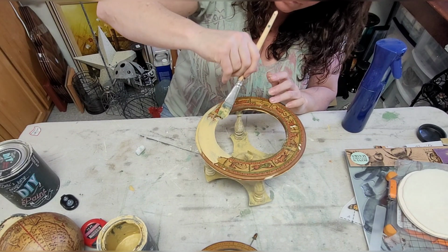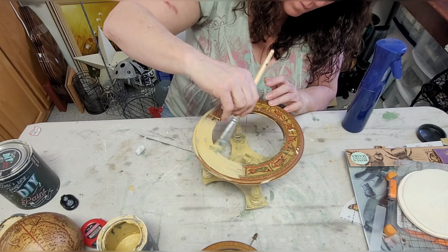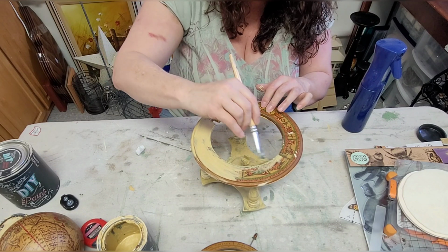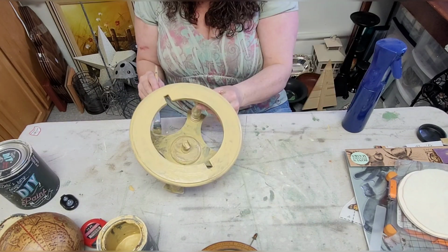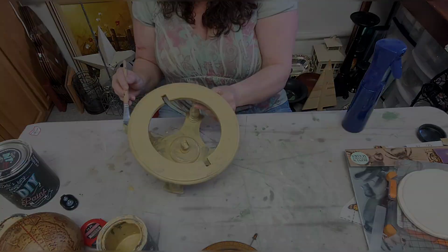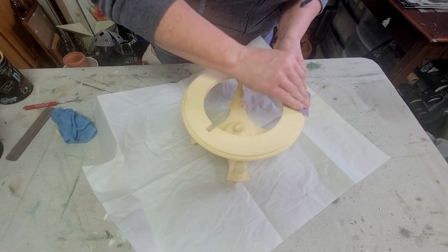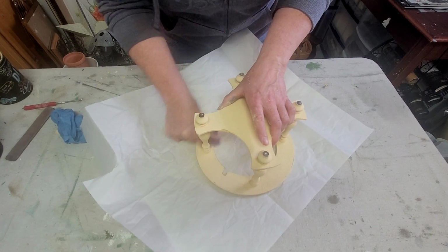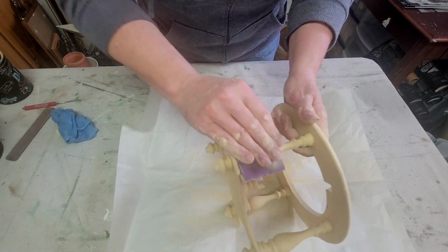So I decided to paint the base and the piece that holds the globe, and I'm using DIY's cake batter. I did have to go over this with 3 good even coats of paint. I'm thinking because it was kind of a slick finish to this, is why it took so many coats of paint. Once that was finally done and dry, I went in with some 220 grit sandpaper,